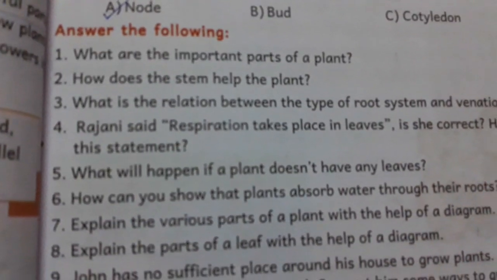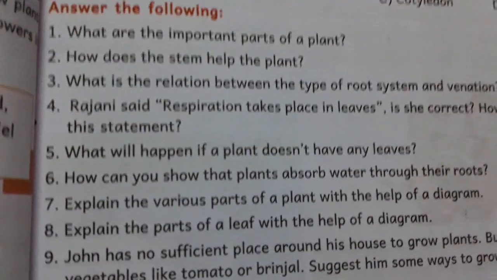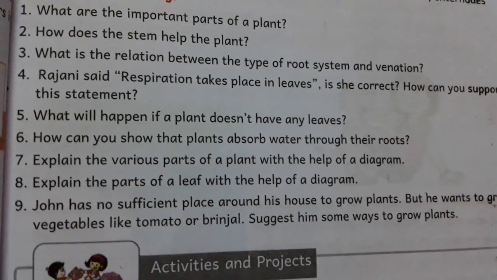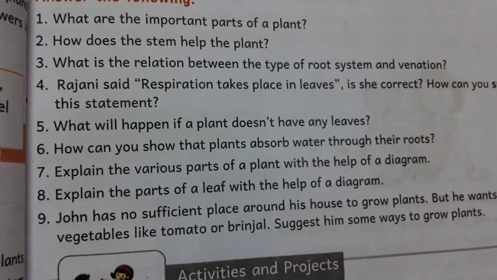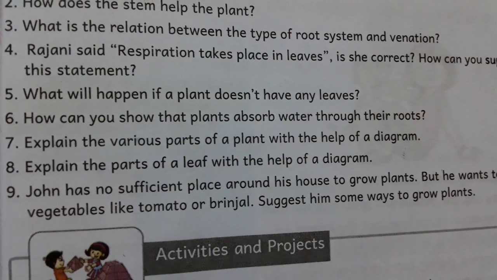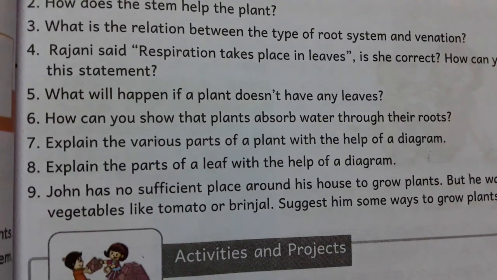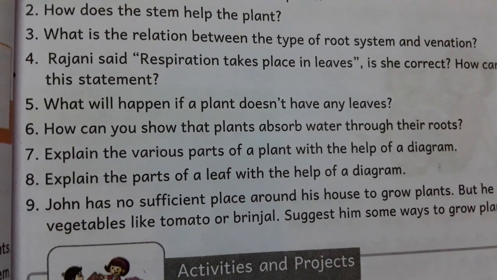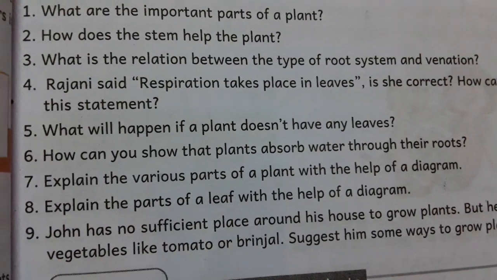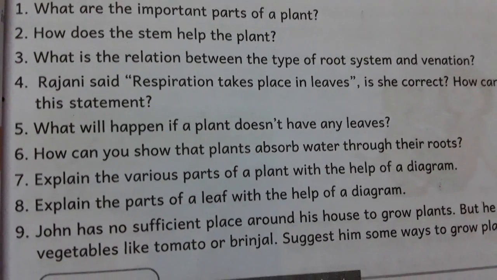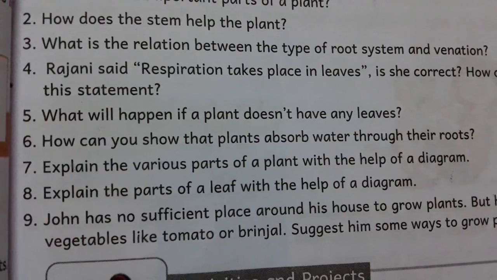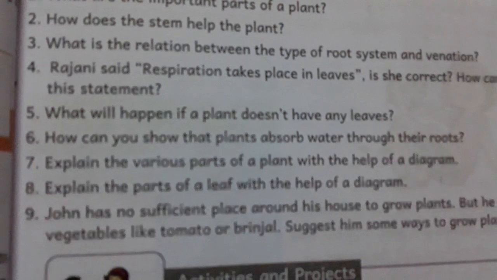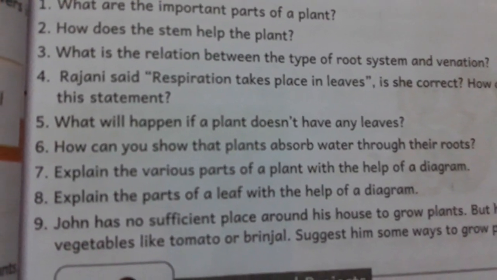Okay children, and coming to fourth question. Rajini said respiration takes place in leaves. Is she correct? How can you support this statement? Yes, respiration can take place in leaves because the organs called stomata are present in the leaves only. So that only respiration can take place in leaves. And fifth one, what will happen if a plant doesn't have any leaves? See, if the plant doesn't have any leaves, it will not prepare any food also. And also